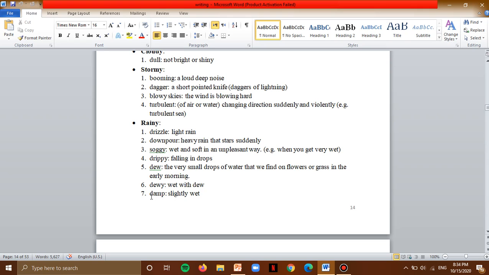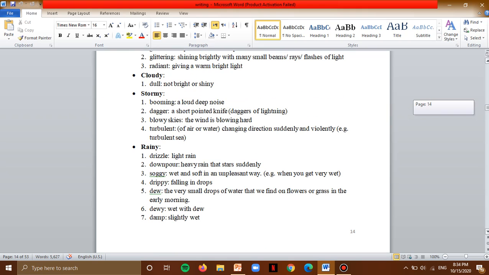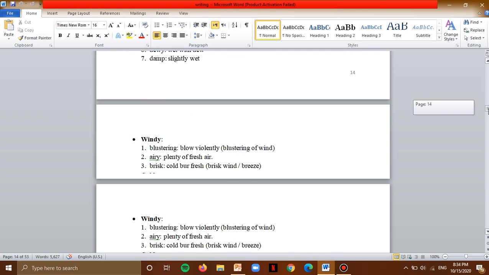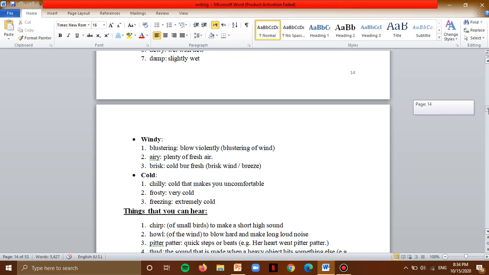Damp. So damp also means slightly wet. For example, my clothes became damp, they became wet. The grass was damp. When I sat down, the grass was damp, so it was slightly wet. Okay, so these are all expressions to describe a rainy day. If I want to describe a windy day, we can say the wind was blustering,